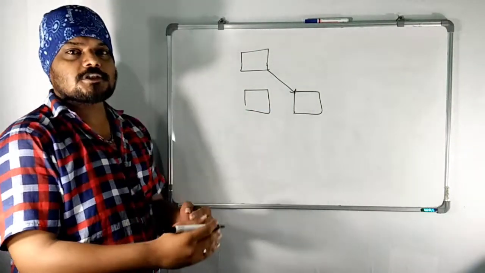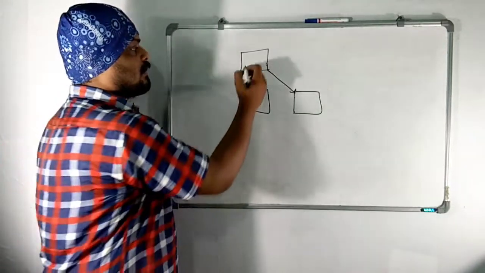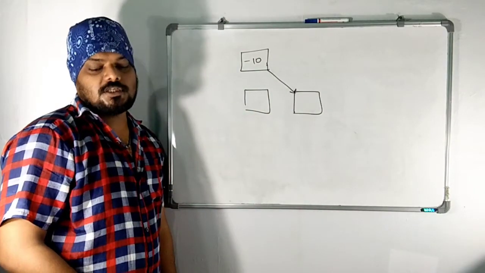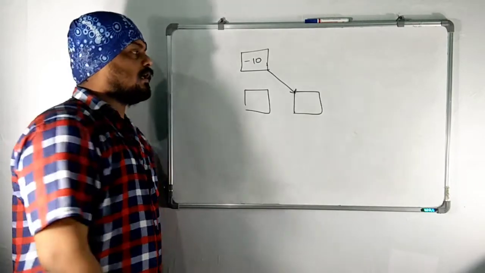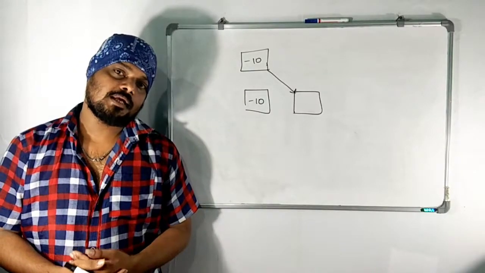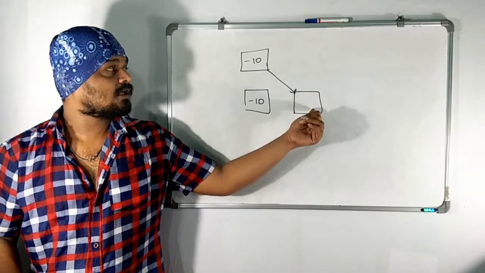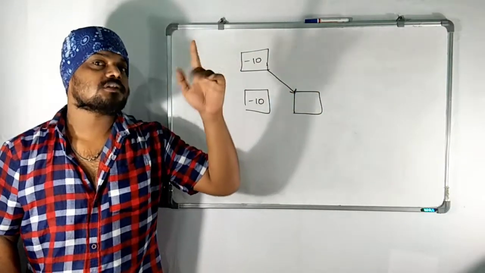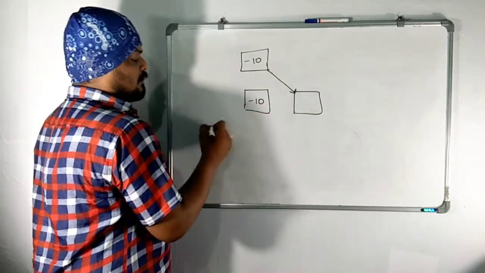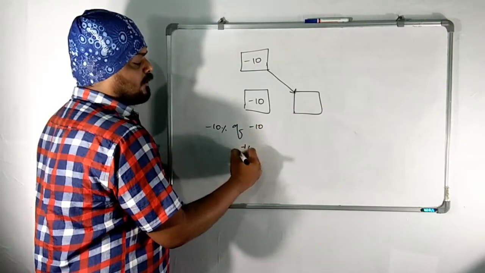So in the first year, how much is it depreciated? Depreciation means decreasing. It is depreciated by 10 percentage in the first year, and in the second year also it is depreciated by 10 percentage. Later, here it is depreciated upon the depreciated value of the first year. So here 10 percentage of minus 10 percentage is minus 10 percentage of minus 10 units. How much is it? Plus 1 units.